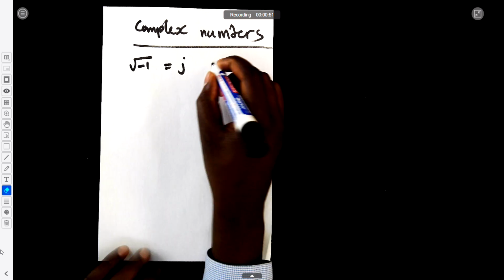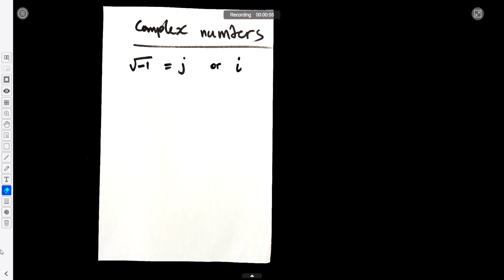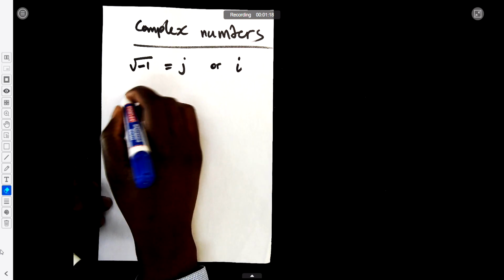Sometimes in electrical or even in maths, we will see I. So it's either J or you'll see I. It represents the square root of negative 1. So it's something that I wanted to recall because I know most of you might have done maths a long time ago. But if you did social algebra, and you still only did algebra, please even recall